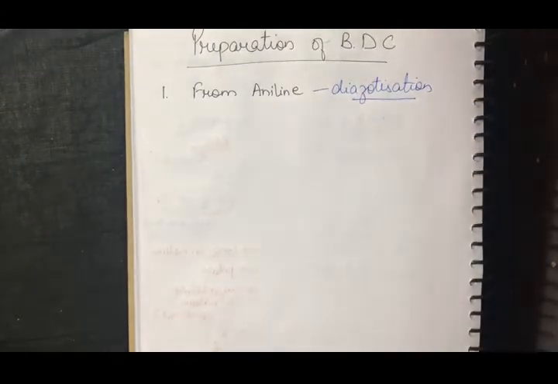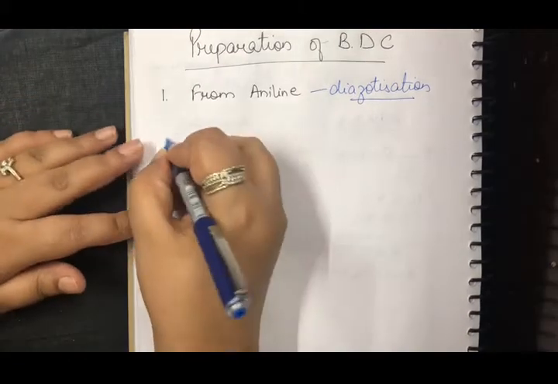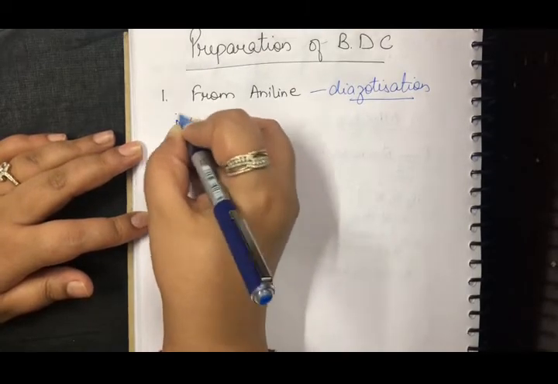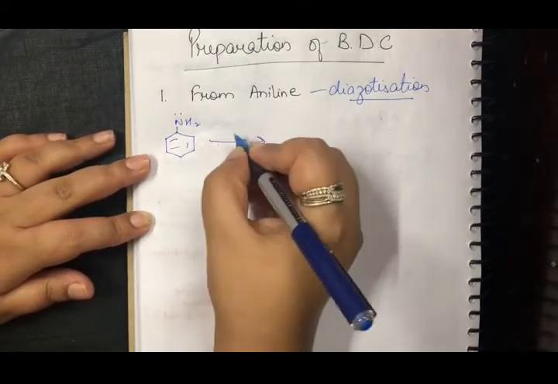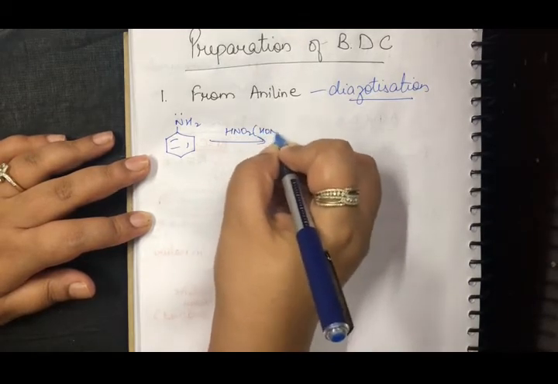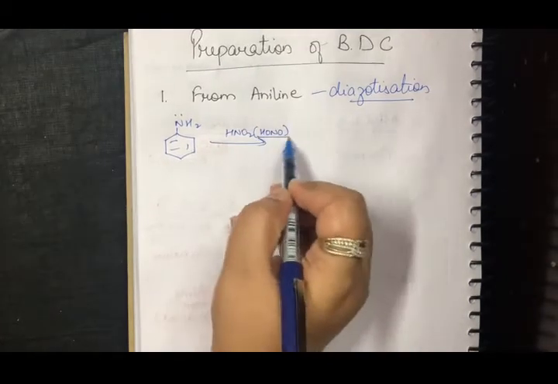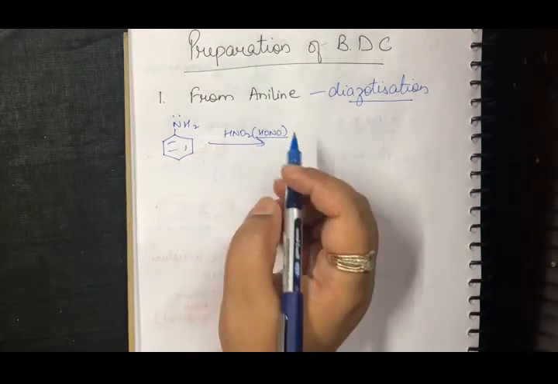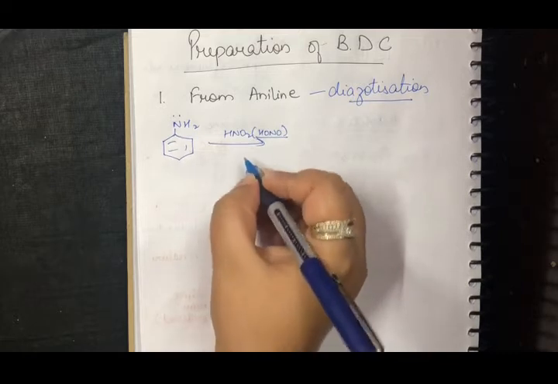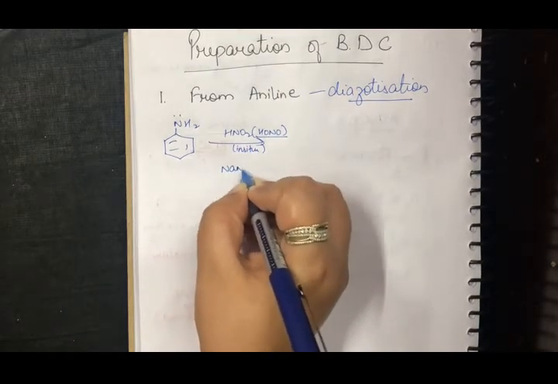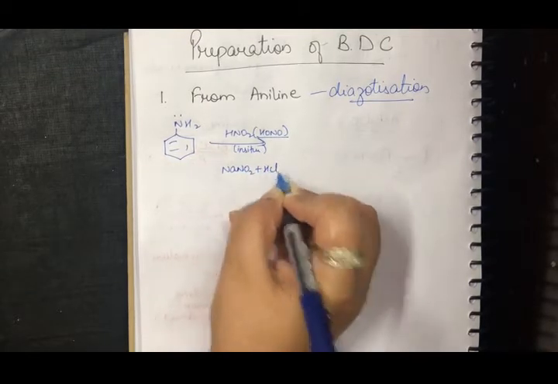This we have already discussed before, but I'll do it again because it is really important. If I begin from aniline, I can directly add HNO2, which is HONO. Now the problem is this compound is not available in the market, so it has to be prepared in situ, that means during the reaction only. So to prepare it in situ, the best way is to add NaNO2 plus HCl, sodium nitrite plus HCl.